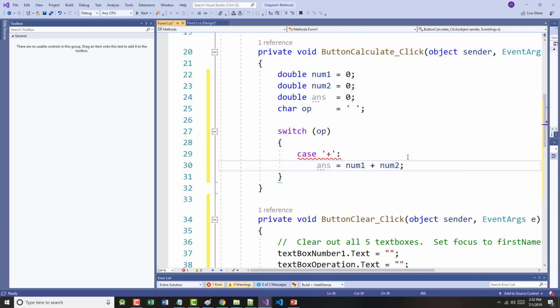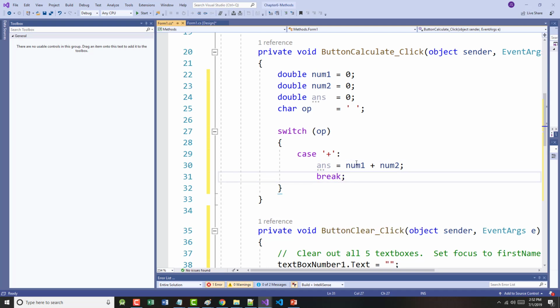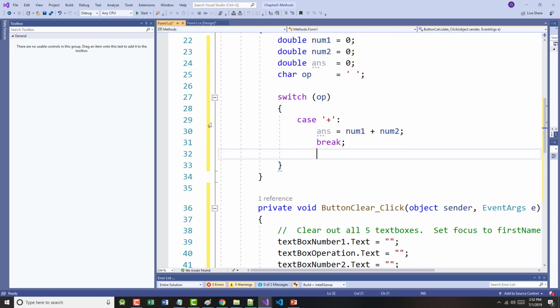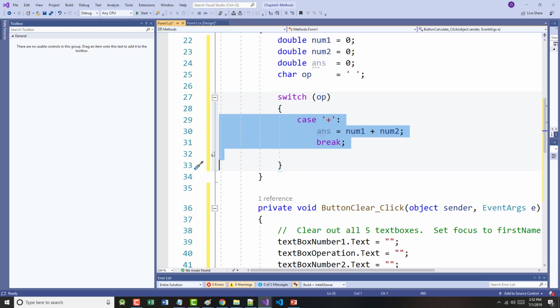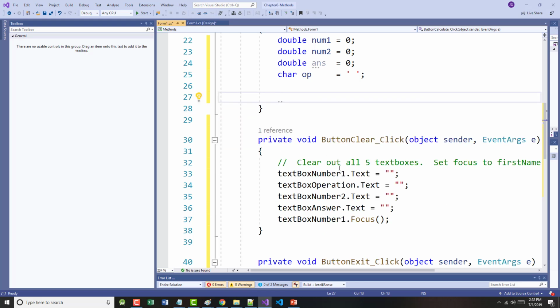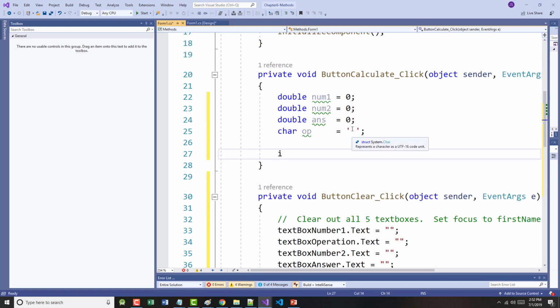Oh, and we need the word break. Okay, there's our errors are gone. In fact, you know what? I'm going to write it as an if. You'll see why in a minute. So, if op, I could do it as a switch. It really doesn't matter. If it equals plus,